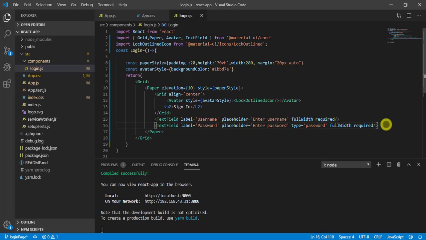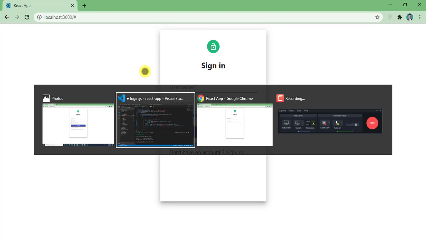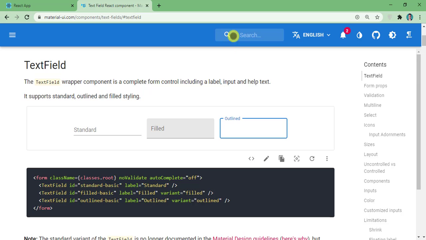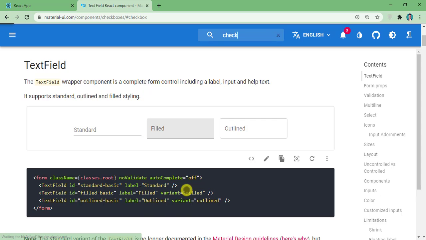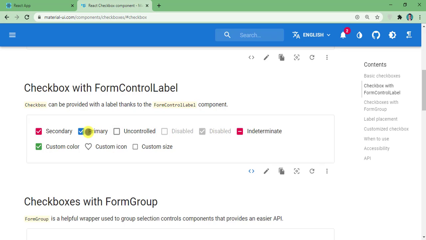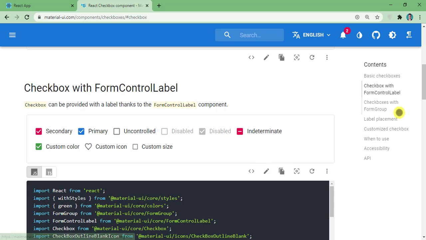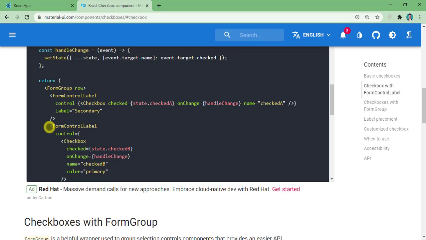The next thing, I want a checkbox to show an option to remember me. So for that I can show you here. Let me go to Material UI and check for checkbox. Search this component from the search bar, and you can see here we have this component, and this is how we want. Okay, so what we will do, we will open this code and we can copy